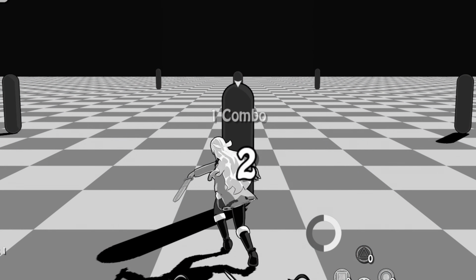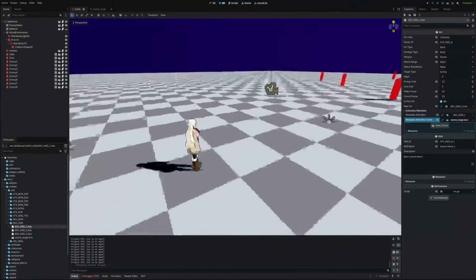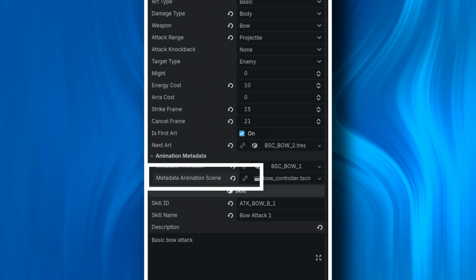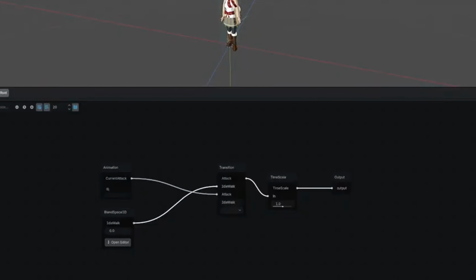This attack looks simple, but getting it to feel right without hard-coding everything posed a significant challenge. To solve this, I built a flexible data-driven animation system in Godot. I'll walk through the decision-making process and the implementation of this system, so feel free to gather ideas for your